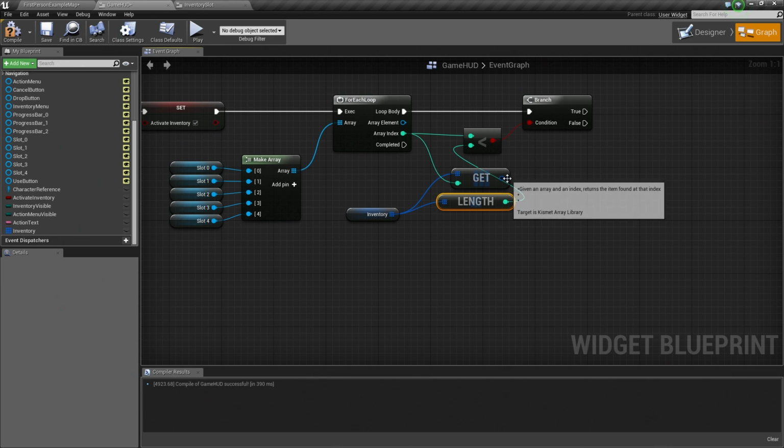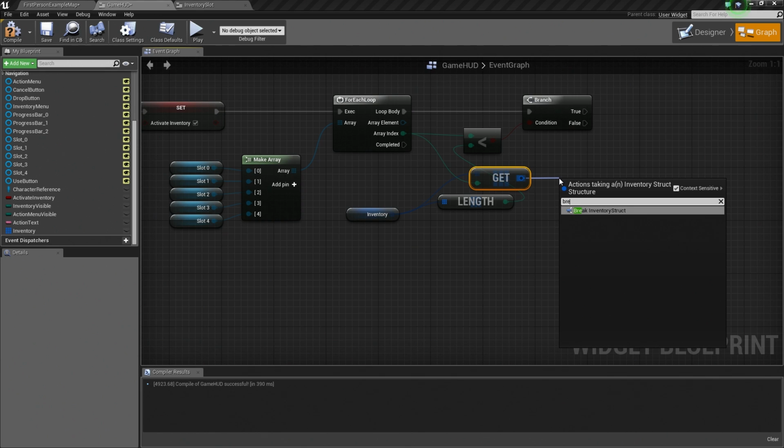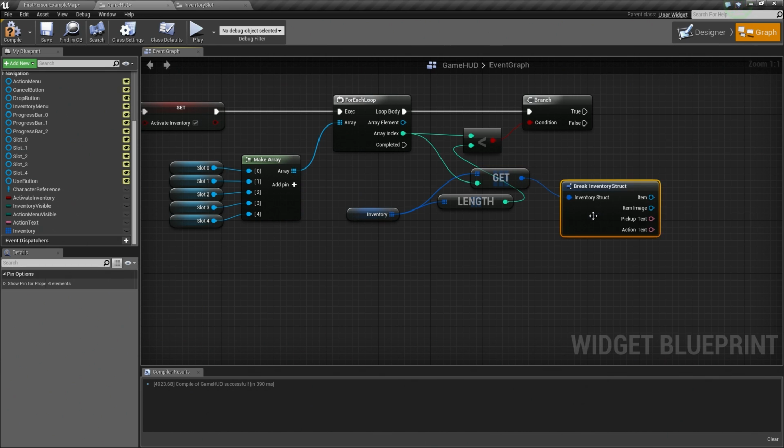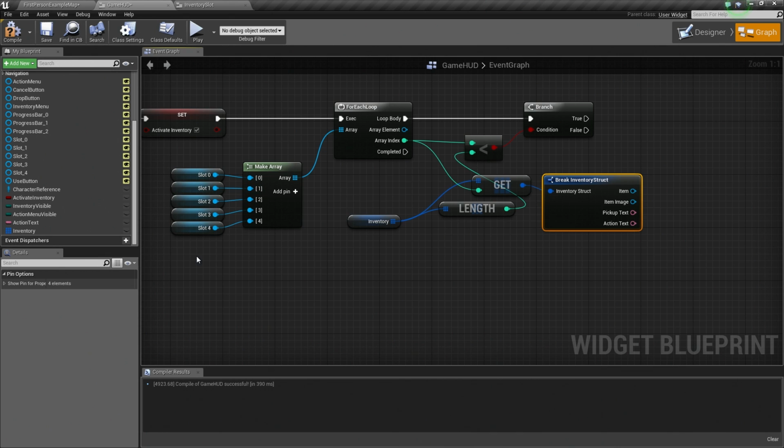And from our get, we can drag off this now, and we can say break inventory struct. So we can break that inventory structure apart, and it's going to give us a bunch of information, which we can then use to set the inventory image that should appear on our buttons.